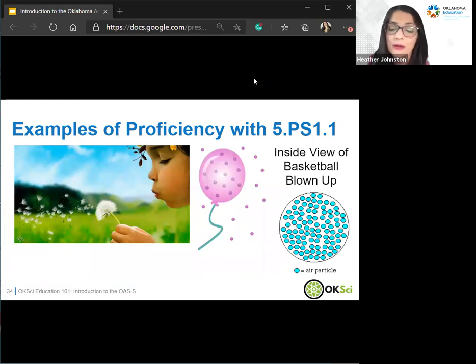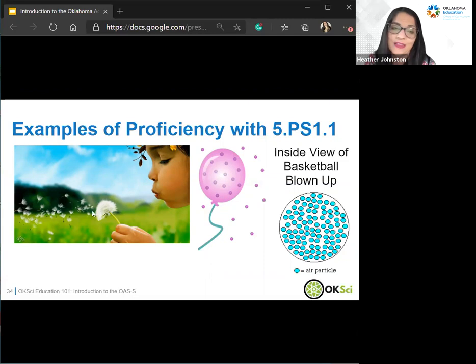And then what might that look like in a 5th grade? Like how would I assess that? And here are some just examples that you could use in 5th grade to look at particles are really small. And you can see that we have a balloon with air particles. Might be what inside of a basketball looks like. And you can just see that there's a bunch of particles in the center, or our